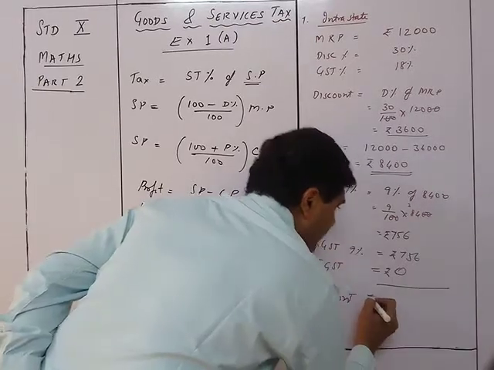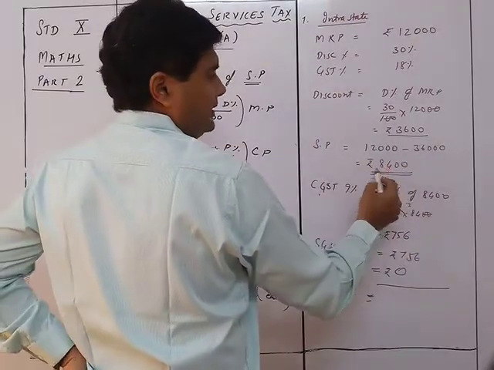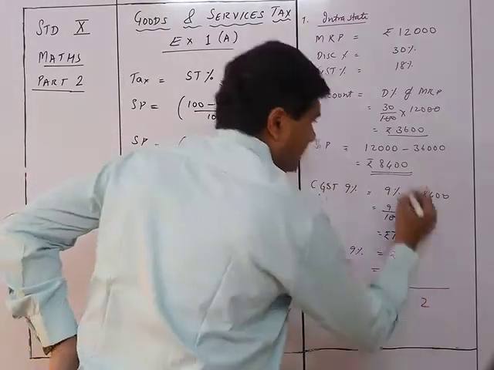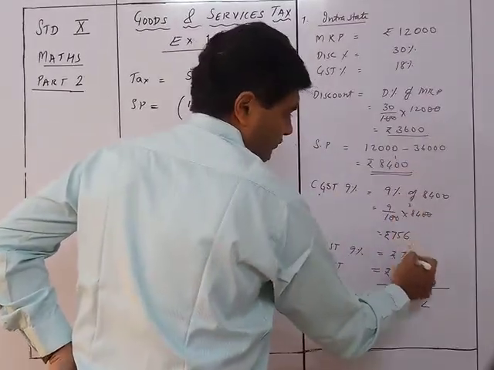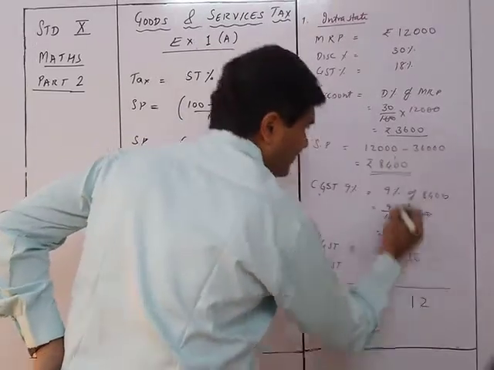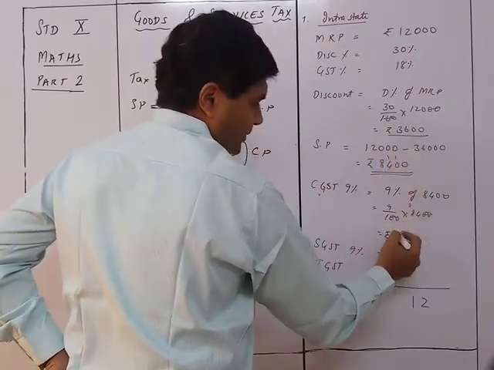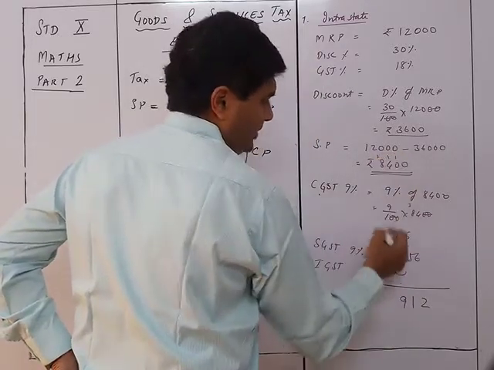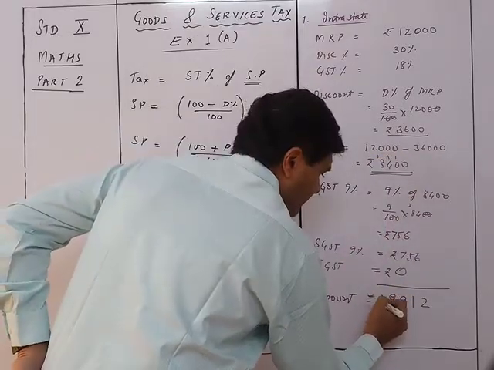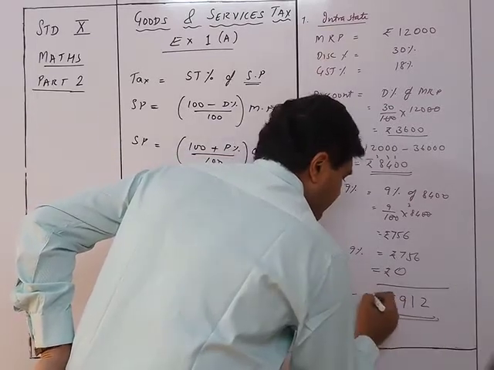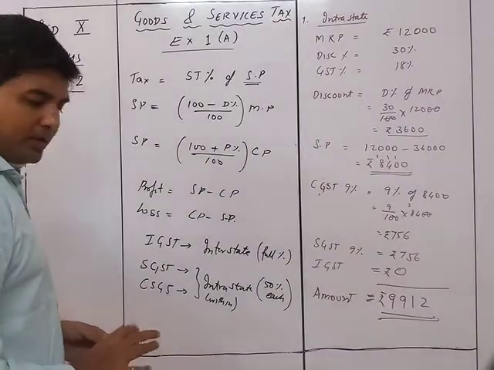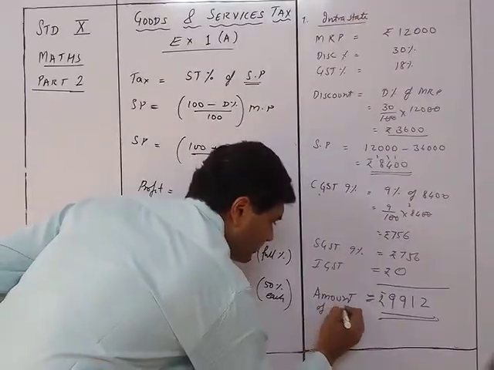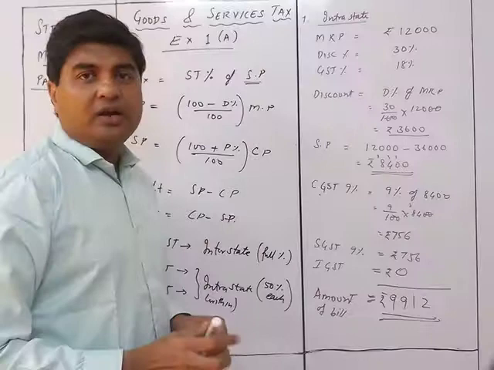So total amount will be equal to this plus this plus this. So it will be 6 plus 6, so 12. Then over here 1, 5 plus 5, 10 and 11. And then 1 and then 5 plus 14. So it's 19. And then it will be 8 plus 9. So 9,912 rupees will be the total bill amount. So total amount of the bill will be 9,912 rupees.